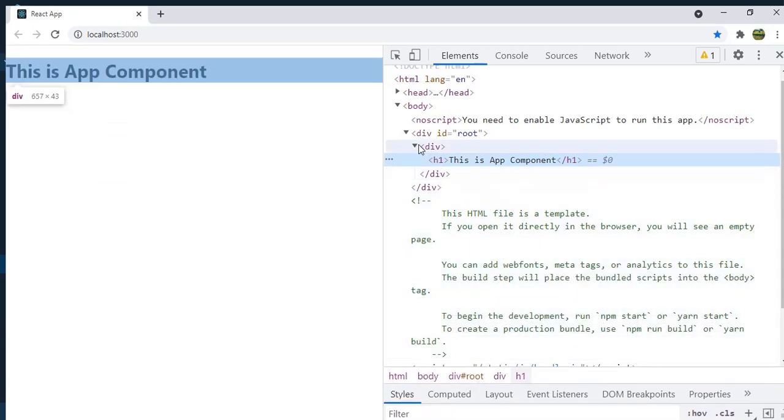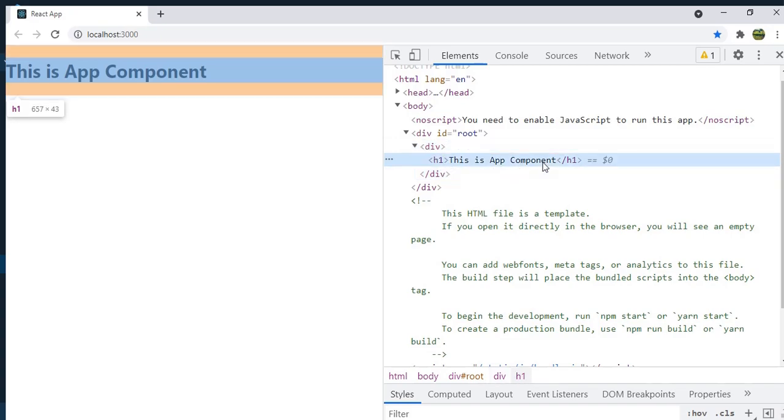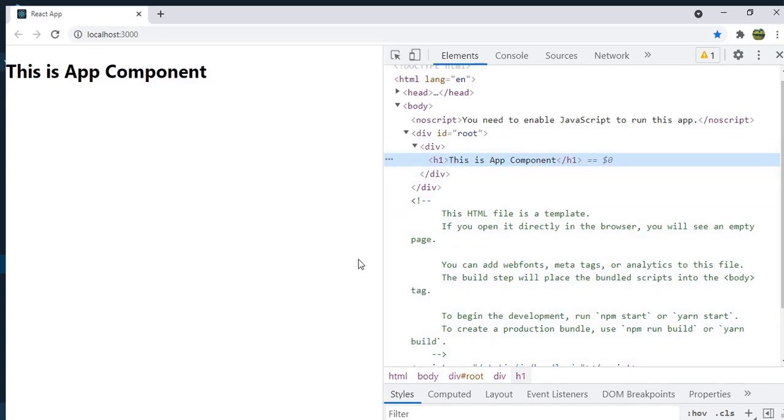you can see div, right? And here you don't see App or anything, just whatever content we returned, that HTML content you can see here. Div, this is app component, and here you can see the h1 rendered. H1 is the element, and the div element. So I said this is JSX, not HTML, but how to prove that?